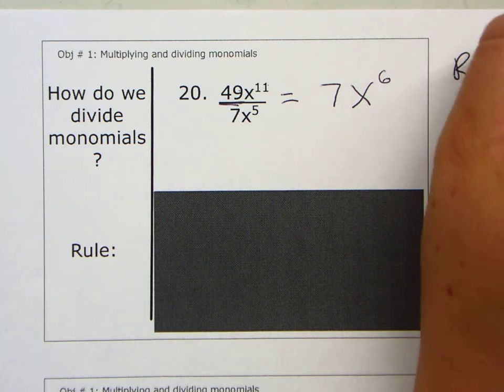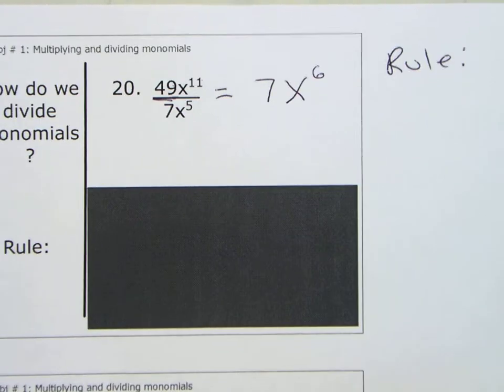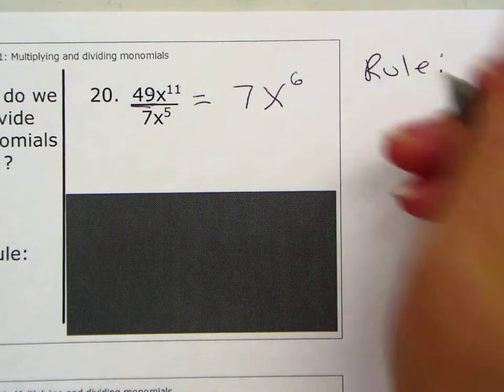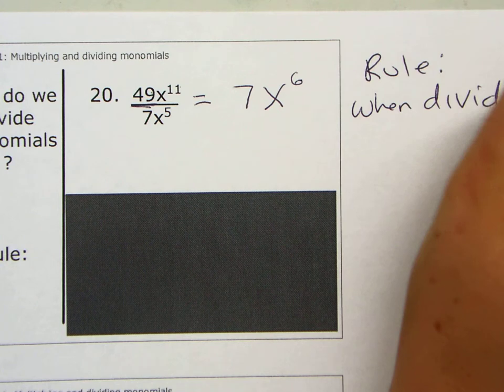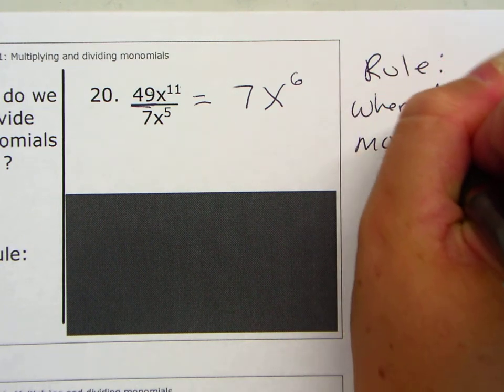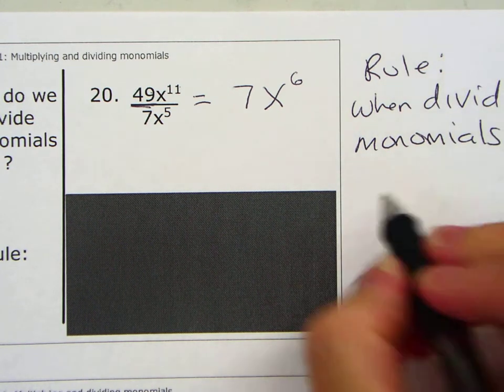So the rule, I'll move this over. When dividing monomials, divide the